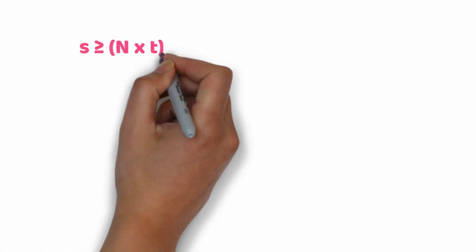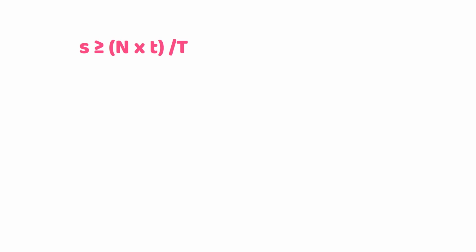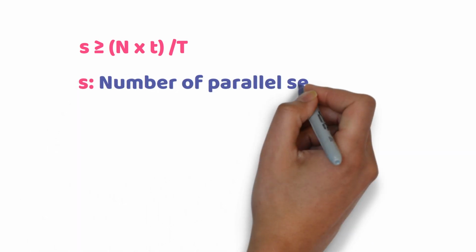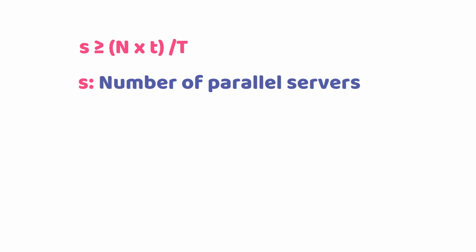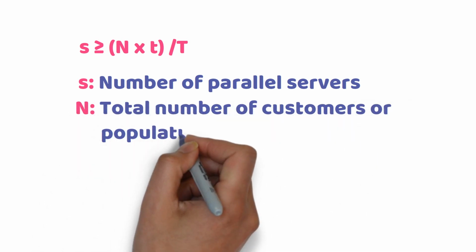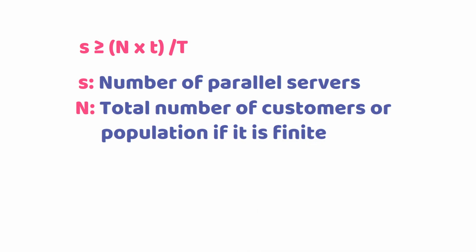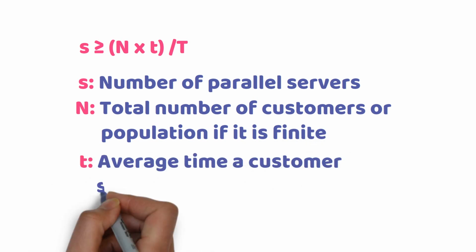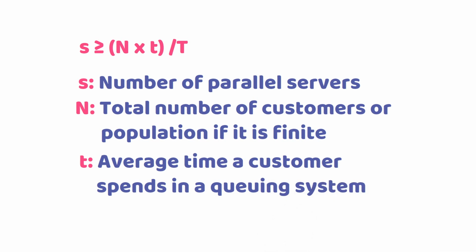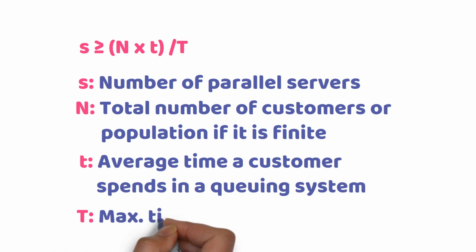Cardi Technomo has proposed a very simple formula to calculate the number of parallel servers required in a queuing system. This is S is greater than or equal to N multiplied by T divided by T. Here, S is the number of parallel servers. N is the total number of customers or population if it is finite. T is the average time a customer spends in a queuing system, and T is the maximum time to finish